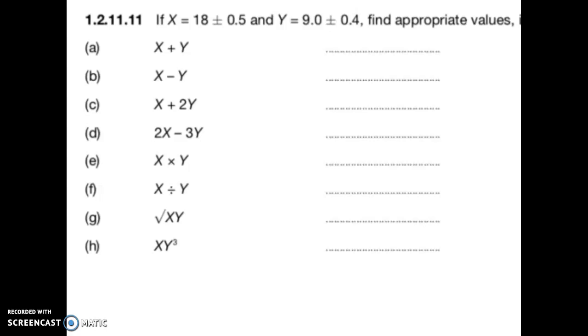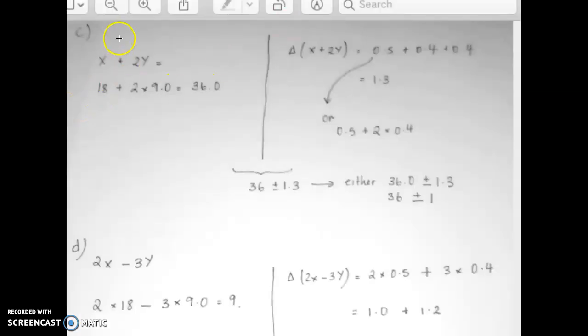So some of you have asked for a little bit of extra help with these questions. So I'm going to start with C and I'll go through and answer these step by step. First, x plus 2y. So here we have my working out. x plus 2y in reality is an extra addition: x plus y plus y. So we're adding quantities. And so therefore the rule that we're applying is that when we add quantities, we simply